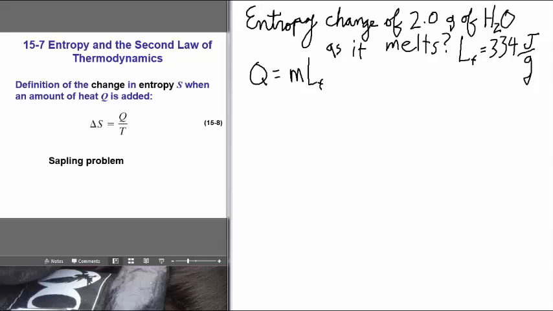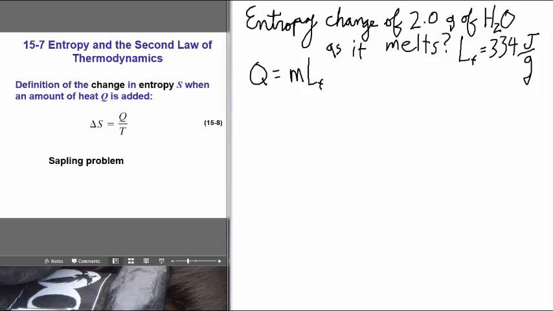Alright, let's do another cruise and hit some main points related to entropy. First, I got a little example for you of finding the change in entropy of a system. So here we have water melting. The hard part here is just figuring out what is Q, what is the energy that went into or out